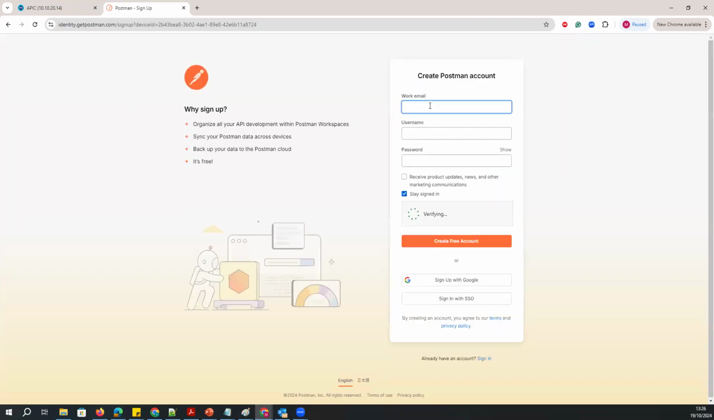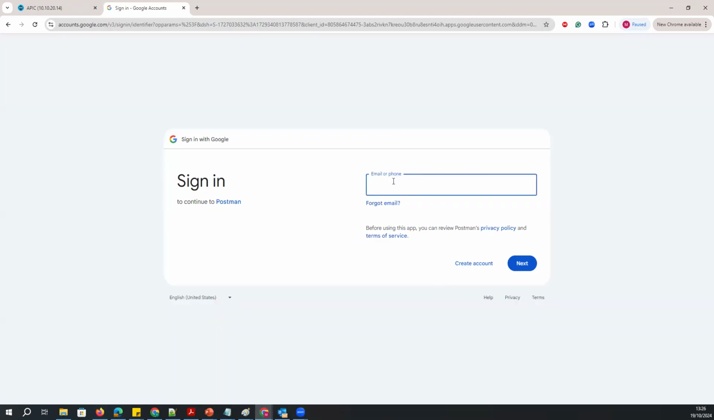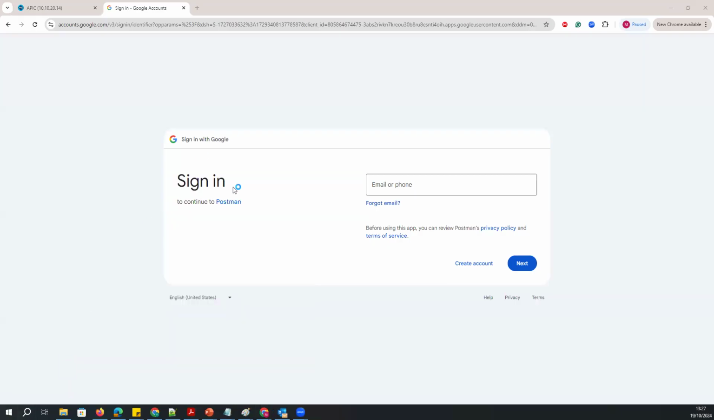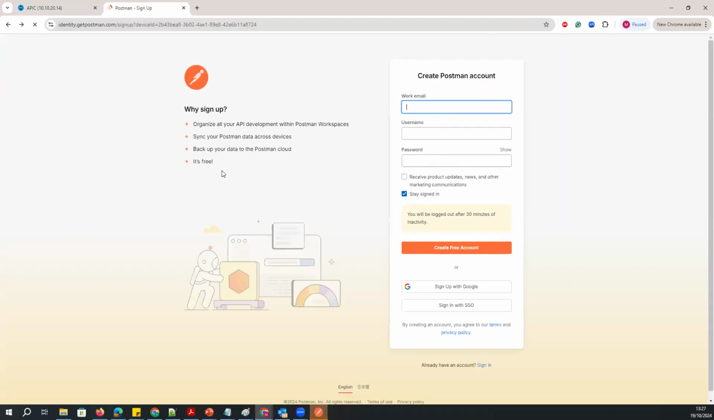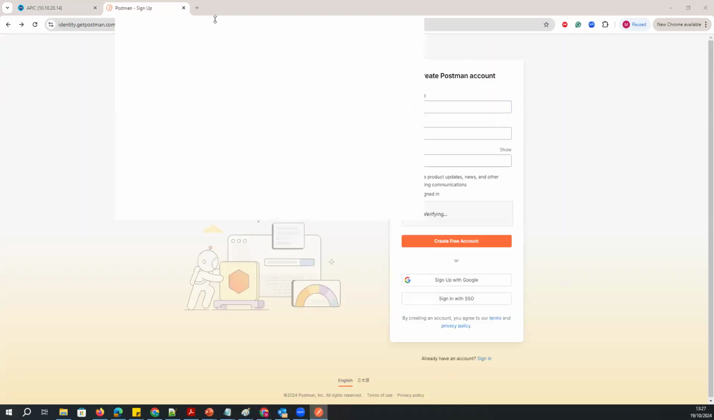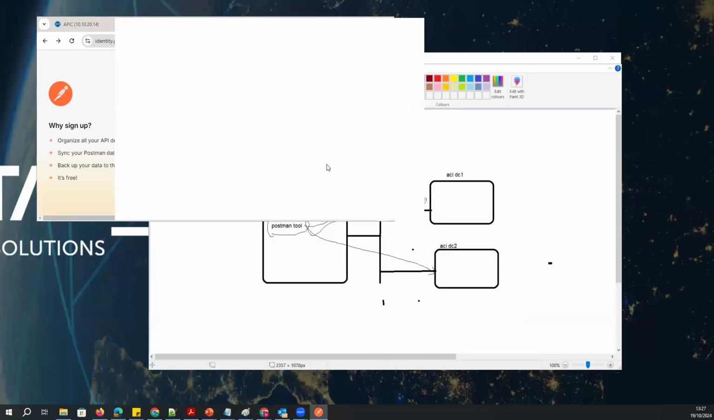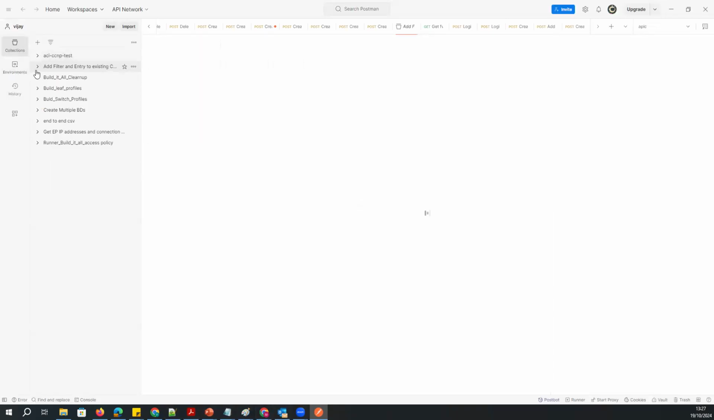So I will sign in first. There are two options we have. Either you can log in through the web page, this Postman, or you can log in using your software. I have already downloaded the Postman app, where I have already logged in using the username and password I have created. So if I go here, it is taking time. Just wait a second. Okay, so this is the very first page